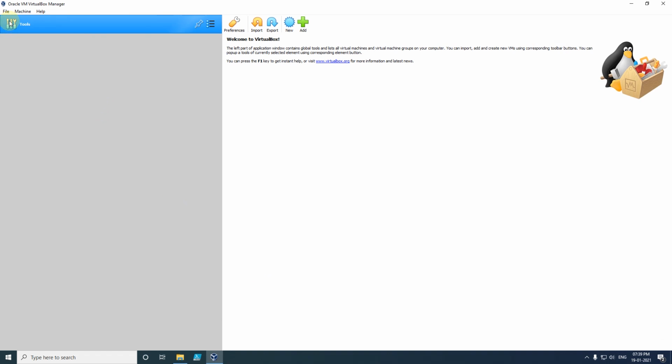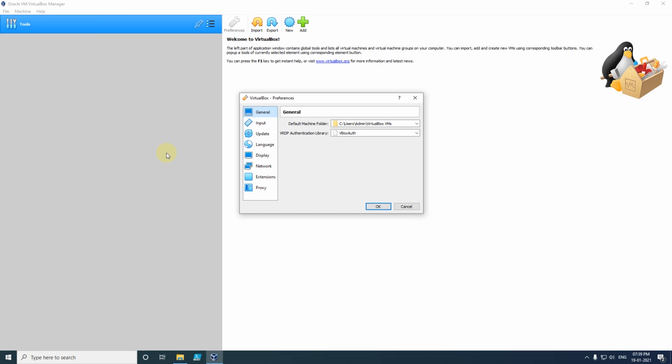First of all, we have to click on File and Preferences, and here we will set Display. If you have any other setting, you need to set it to 1920 by 1200. Why are we doing this? After our virtual machine installs, the screen of the virtual machine can be resized, we can increase and decrease it. That is the reason we have to set the screen size as I have set it here. After I have set the screen size, just click on OK.